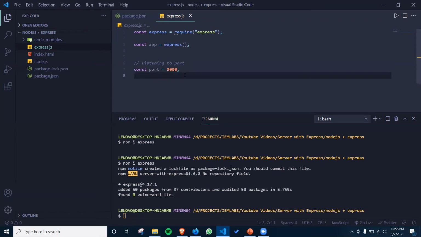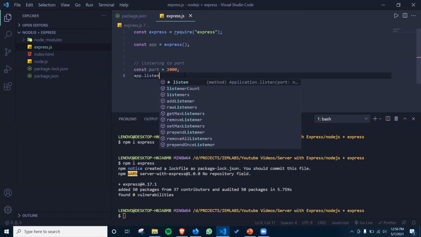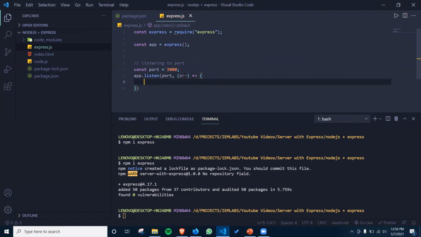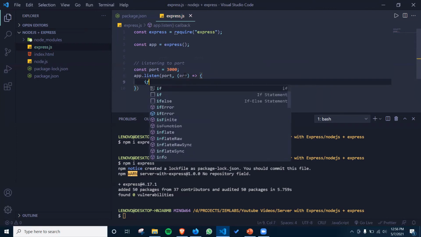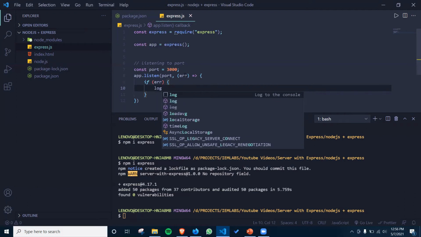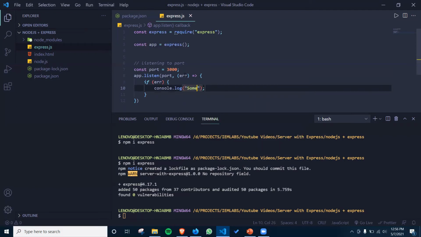Then app.listen takes the port and a callback function. In the callback, if an error occurs, then console.log something went wrong. Else,